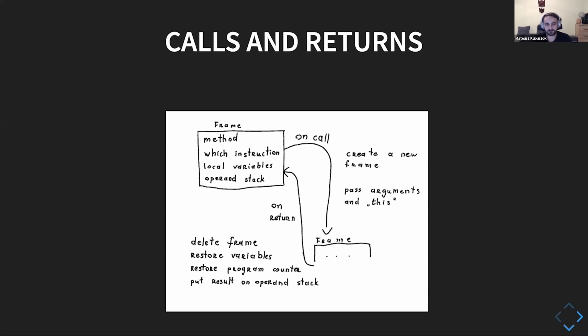On the return, the frame is destroyed. We're getting back to the immediately previous frame. We move the program counter by one instruction, and we change the operand stack so the arguments disappear and the result returned by the function, if there is any, appears there. So this is basically what happens every time we call a method and return from it.